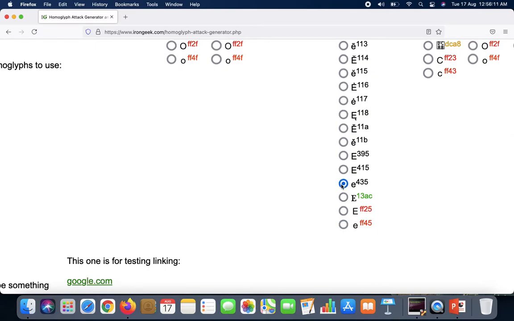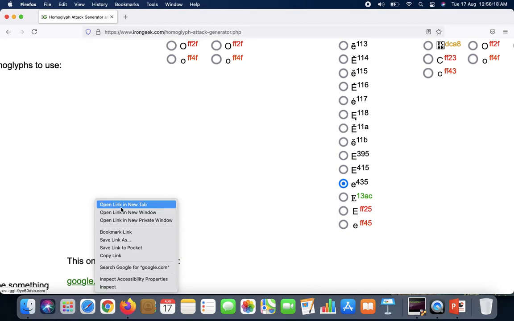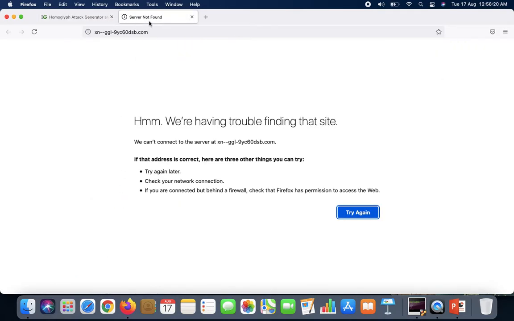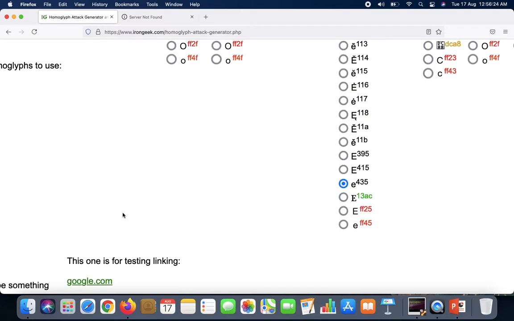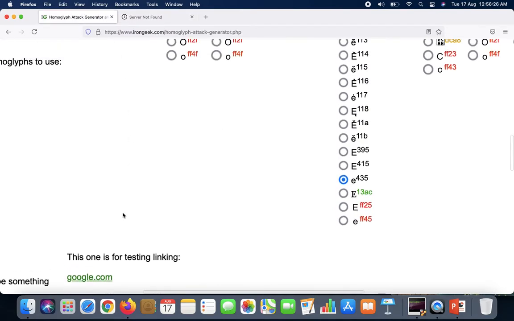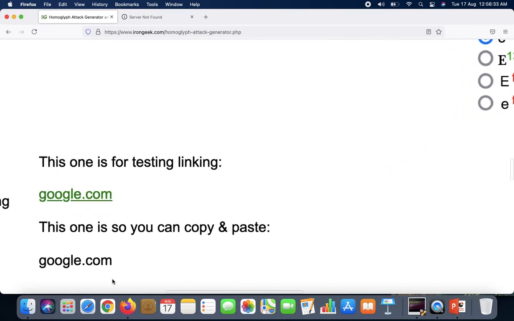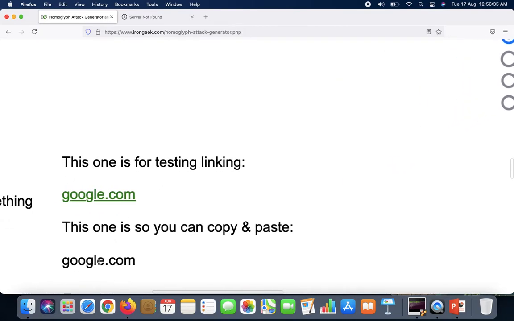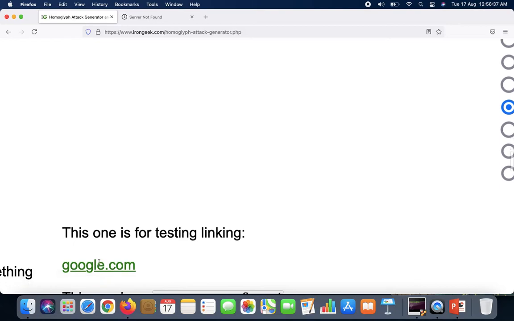Yeah, so now I have changed the E to a different one. So if I open this Google, or if I give this link to somebody else, you will notice that it is not the real Google, because we have changed the characters which could be spoofed. But at first look, if you look at it closely, it looks like the real google.com only, guys.